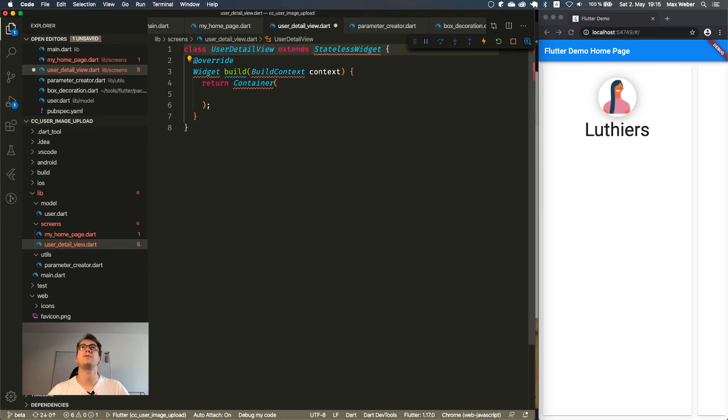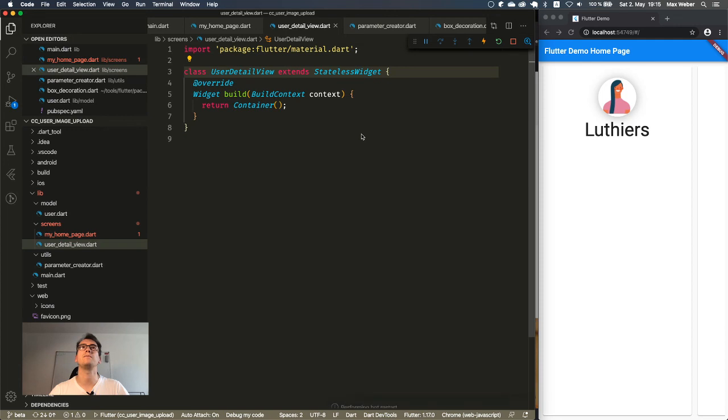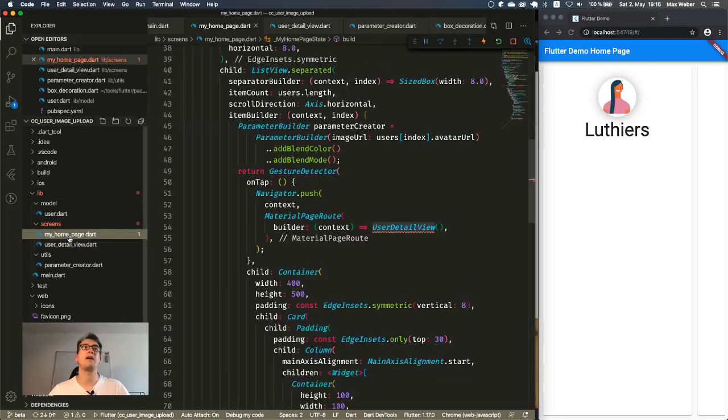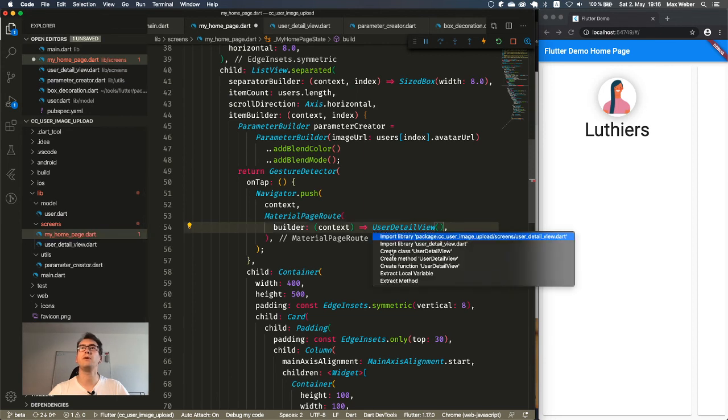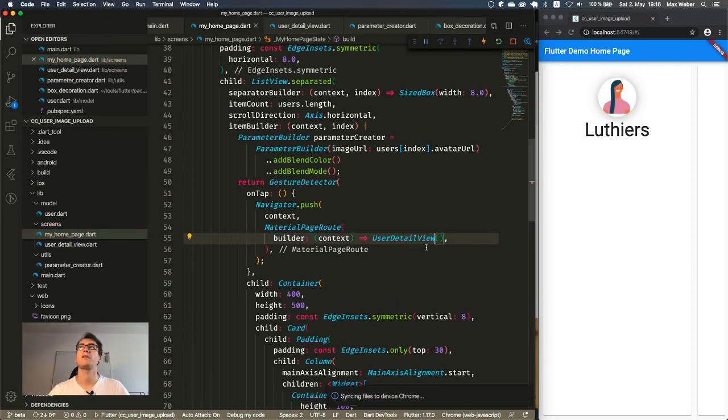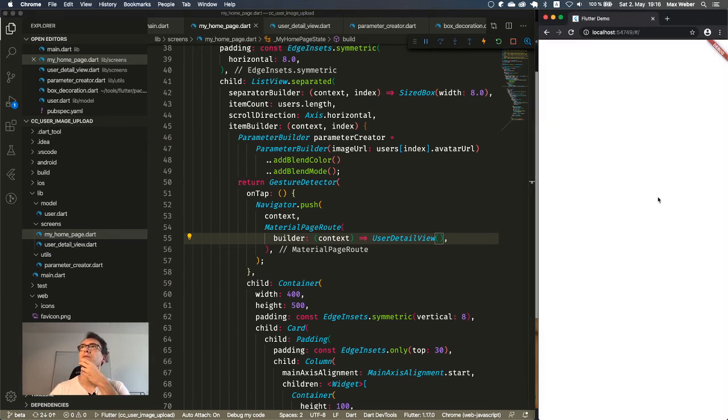And of course we have to import the material. So, and if I go now back to our MyHomePage and import that part, we should be able, whenever we click one of these elements, to navigate. But as you see, we navigate to an empty container where nothing is living.